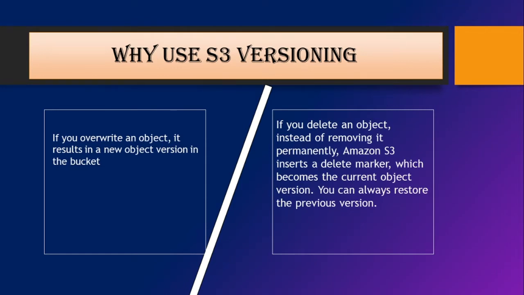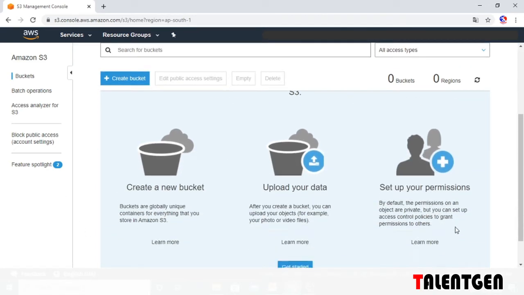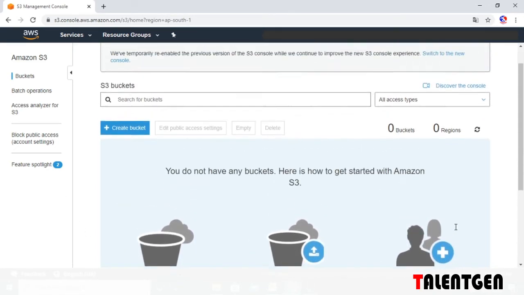Now let's start the practical session on how to work with Amazon S3 versioning features. This is the Amazon S3 dashboard. Amazon S3 released a new dashboard, and this is the previous version of the S3 dashboard.